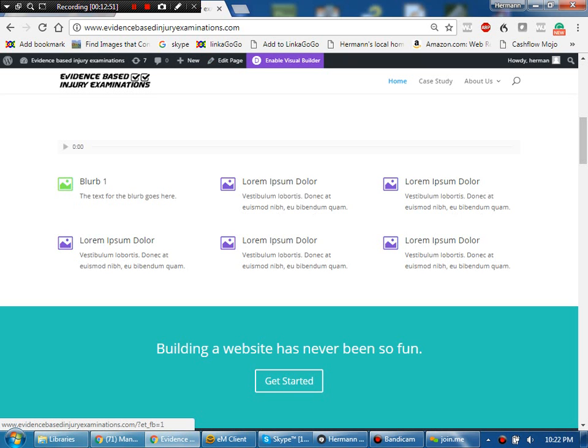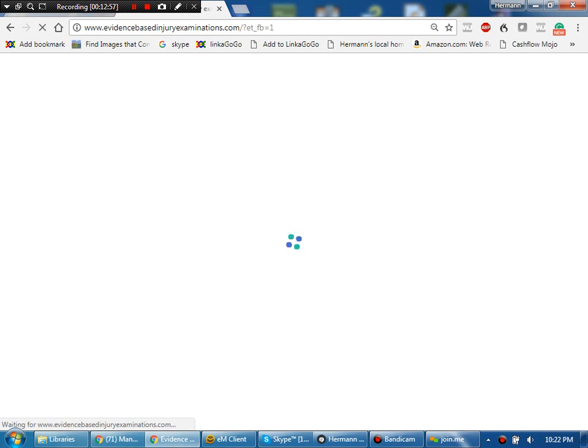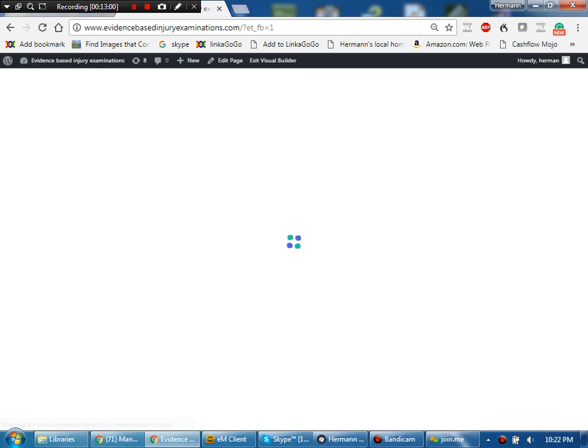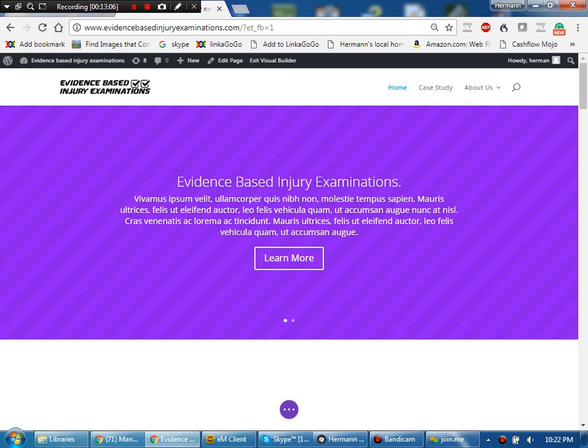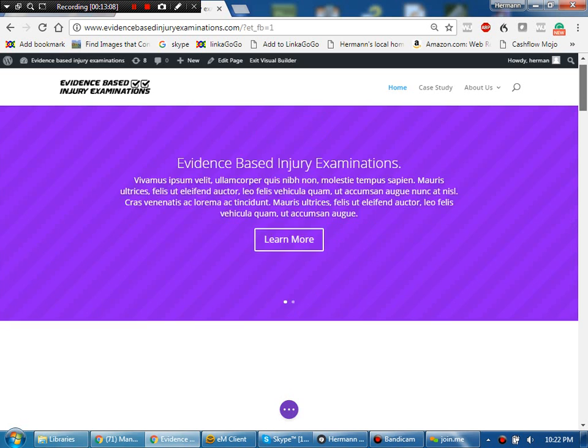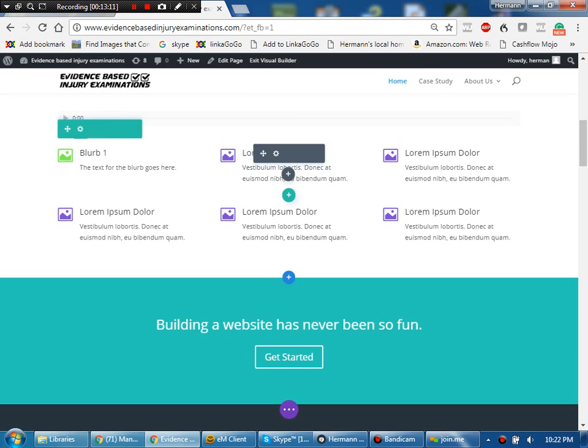If I click here and turn on Visual Builder, enable Visual Builder, click that, pop. Then that brings on an additional element where I can now make changes to the page right on that page without having to be on that other editing tab. So I can now scroll here, and as I move my cursor into that, you see that it comes up with these different elements right there on the spot. So if I want to edit this thing, this is the icon to click for the settings. That's basically the content. If I click this here, that will remove the section, trash bin, delete the module, and module here would be this corner here. So we're going to click on this here, pop,